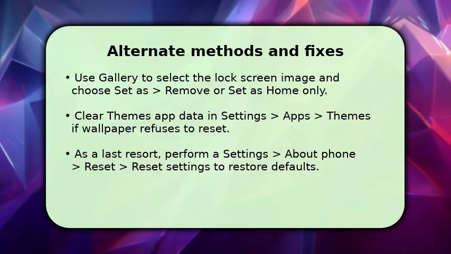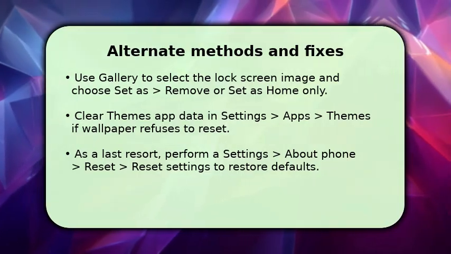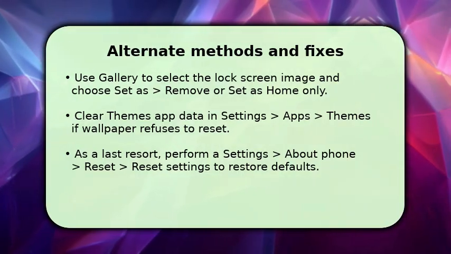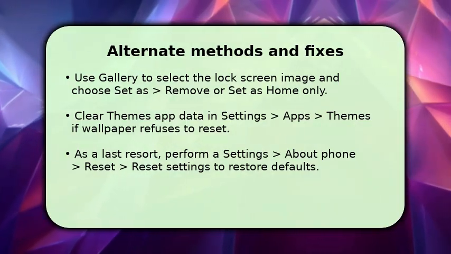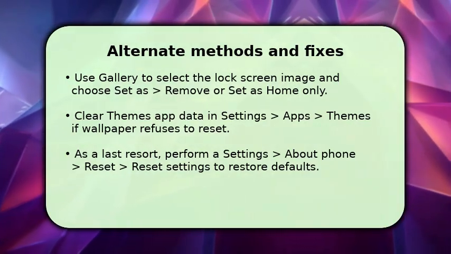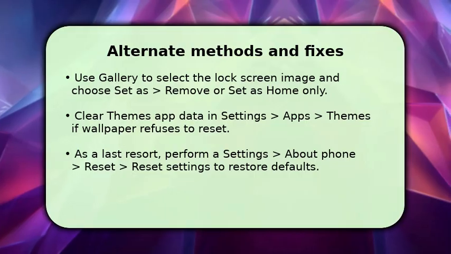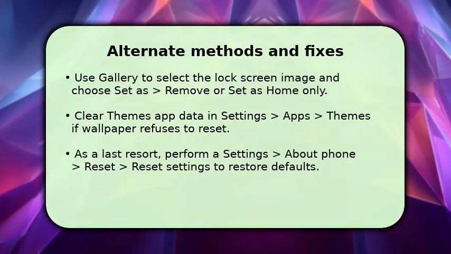You can also clear Themes app data at Settings, Apps, Themes, Clear Data to force the default wallpaper. Reboot your Poco after changes to ensure the new lock screen takes effect. As a last resort, go to Settings, About Phone, Reset Settings to